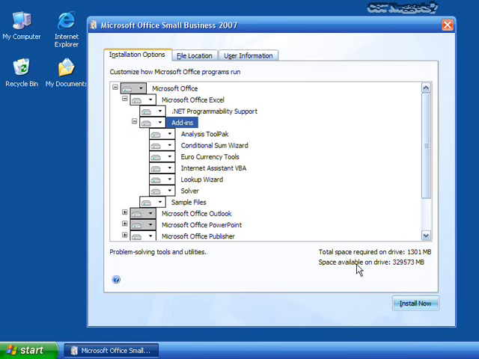Take a look down here. Total space required on the drive right now is 1.3 gigabytes. It's literally 1301 megabytes, which is 1.3 gigabytes. Now, if you do not have a lot of space on your hard drive, now of course hard drives are inexpensive, most of us can get nice ones, but if you're running on systems that might not have the hard